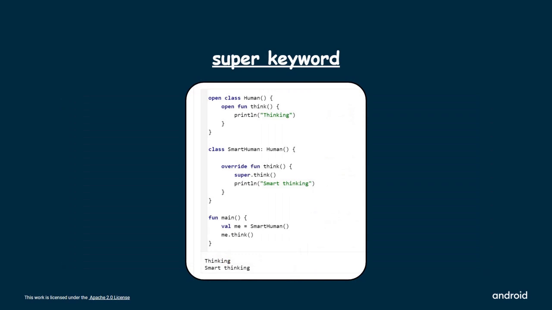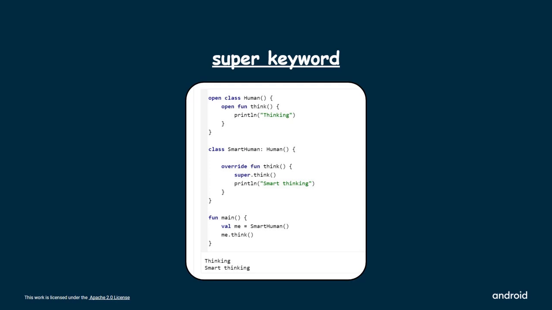Super keyword in Kotlin is a keyword used to access the functions and variables of the base class from the derived class. If the function in the derived class has its own default implementation in the base class, we can use super keyword to access it. Like in this example, the base class human has a function think that prints thinking, and the derived class smart human has the same function think which overrides the base class function and first call super.think and then prints